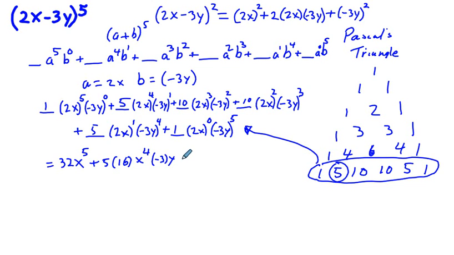Okay, the next term we're going to have is plus 10, and we're going to have 2 times 2 cubed, which is 8, and we're going to have x cubed, and we're going to have negative 3